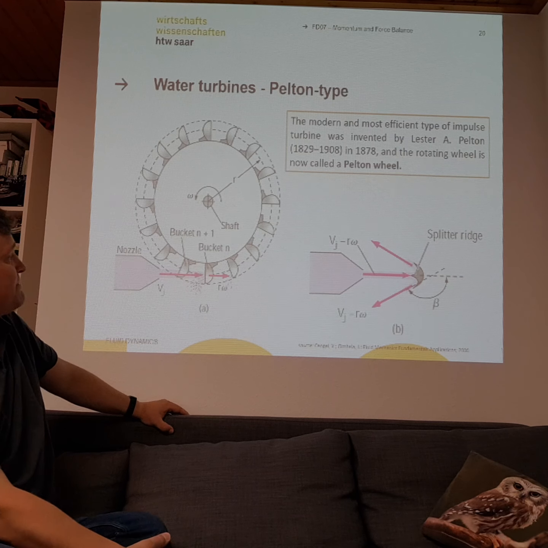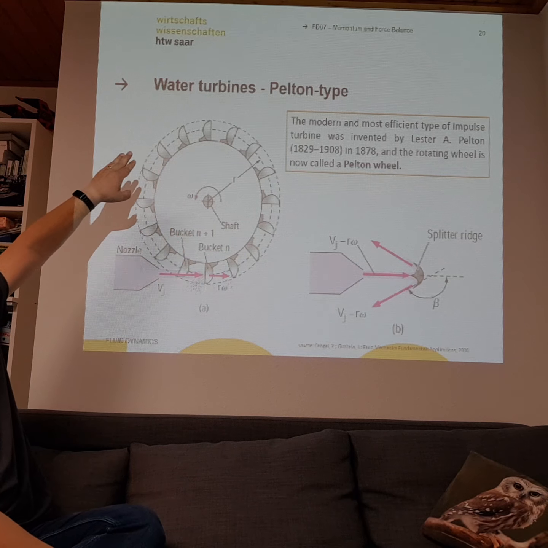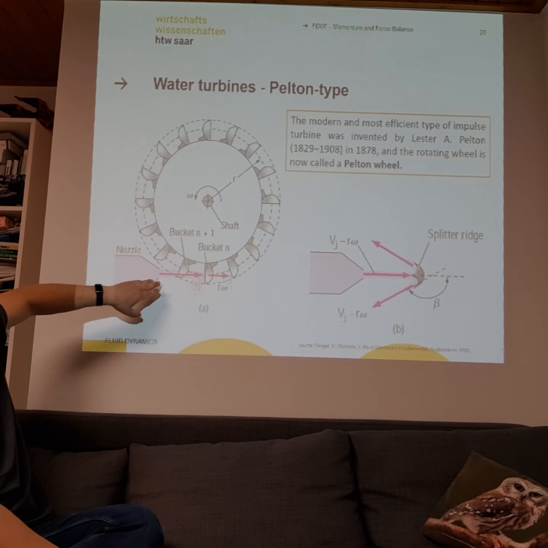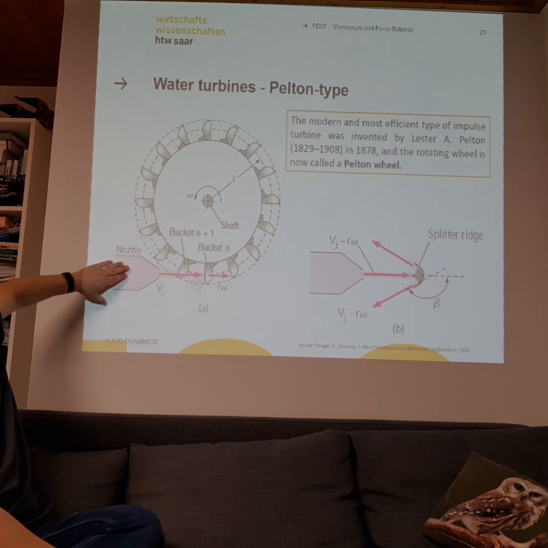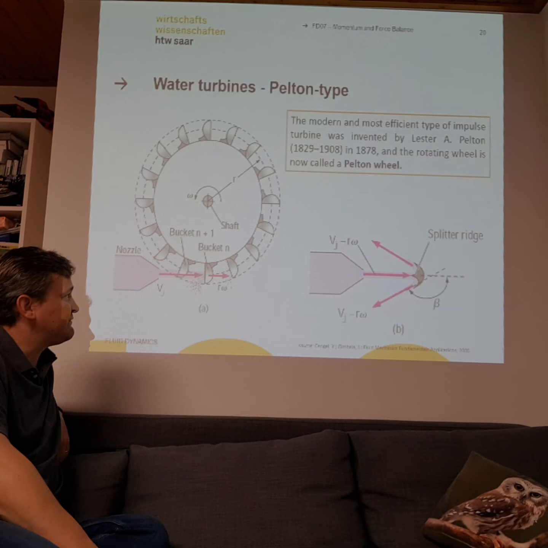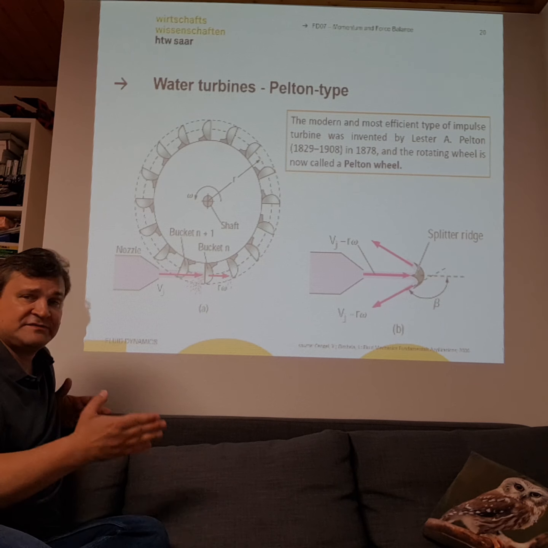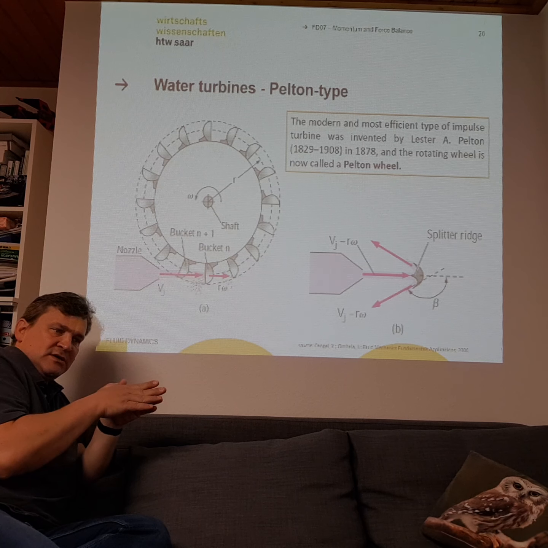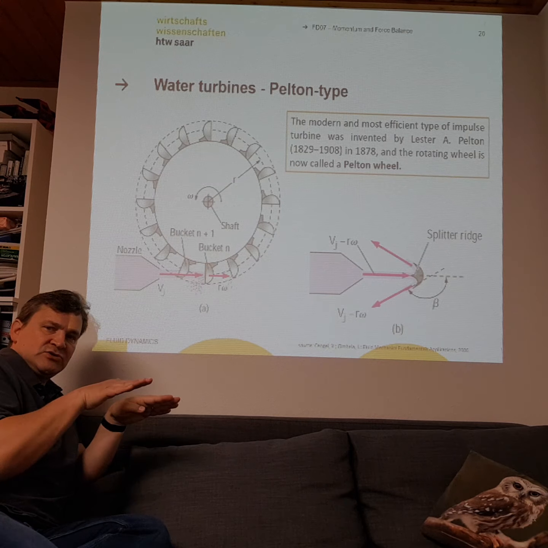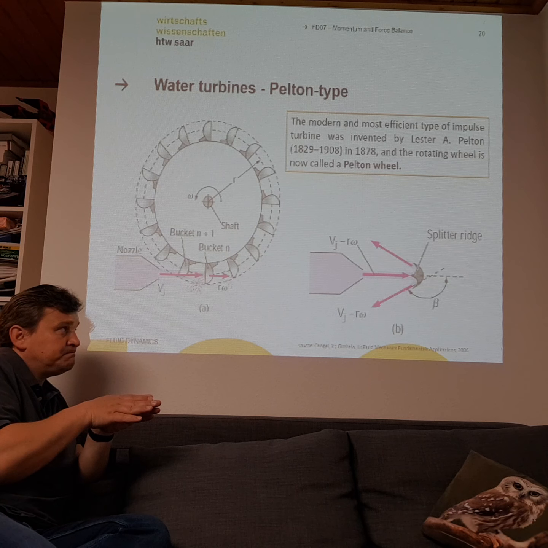Okay, here we come back to our buckets, to our wheel. We see our Pelton type turbine wheel. We have our buckets, we have our jet and the volume flow, and now we want to calculate the forces acting on such a bucket. And to calculate it, we have to know that we have this splitter. The bucket is divided in two different pockets, and inside the bucket there's this so-called splitter,